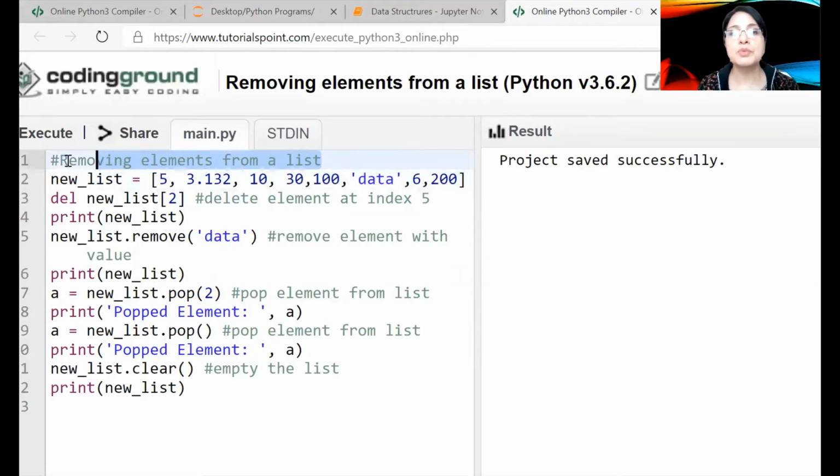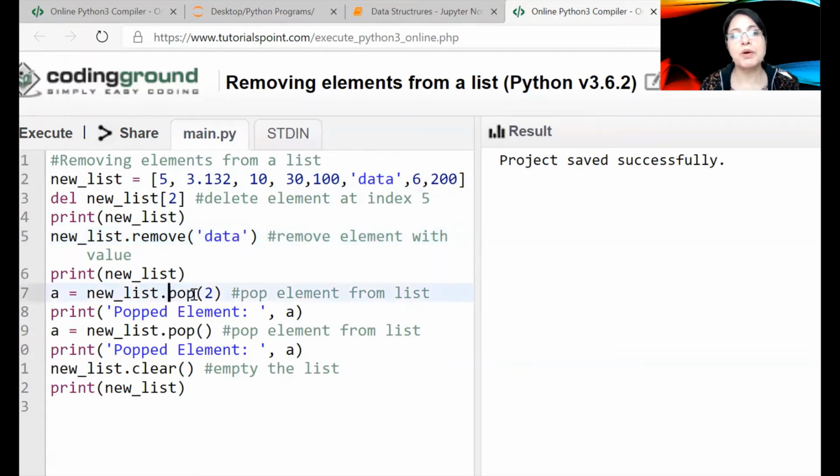We're now going to remove elements from a list using the keyword del, the methods remove, pop, and clear. We start with a list which has 8 elements. We are going to use the keyword del and remove the element at index 2. We then use the method remove, pass the value of the element which we want to remove.